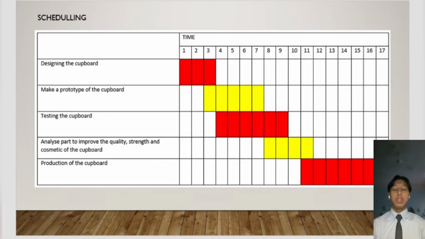So from the scheduling, the first part is designing, which is compulsory for our group to make sure that the design will have demand from our customers. Second is the prototype. After we design, we will make a prototype of what we have designed for the product. Then we will be testing the cupboard, to test whether it is okay to produce, or maybe we can add some improvement to make the product